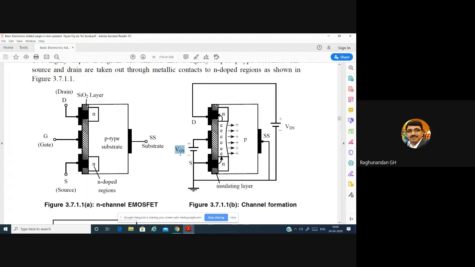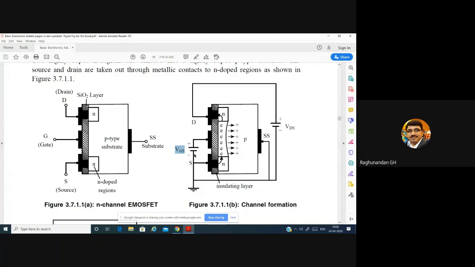Again, by properly adjusting the gate to source voltage, if the path between the source and the drain is more, what happens? More charges can flow from source to the drain. If the path is less, less number of charges will flow. So the gate to source voltage plays an important role in the flow of charges from source to the drain. You might have more electrons in this N well of a source, but if the channel is very small, that means the path for the movement is very small, less number of charges will flow from source to the drain.